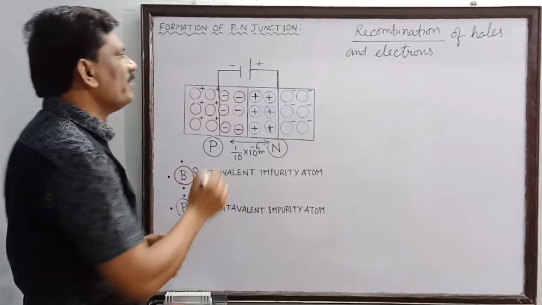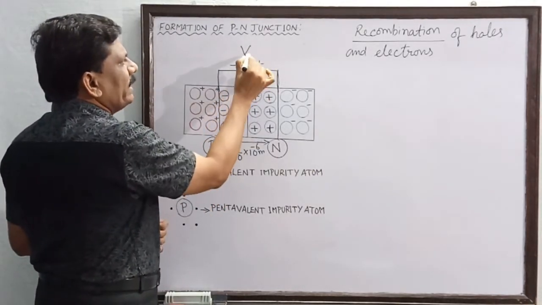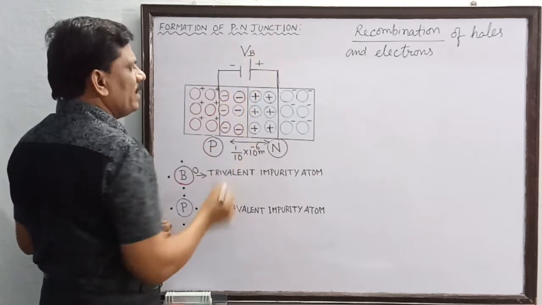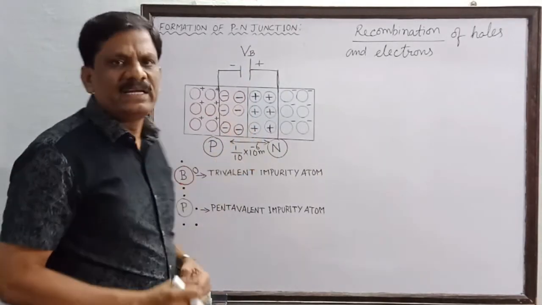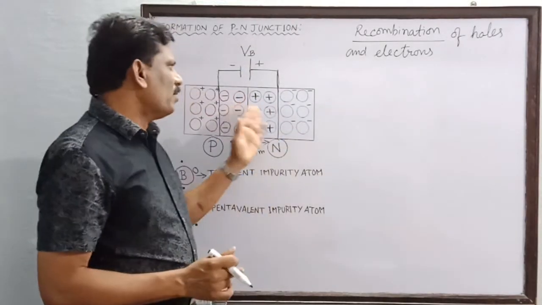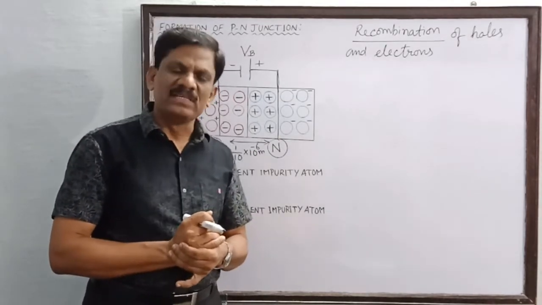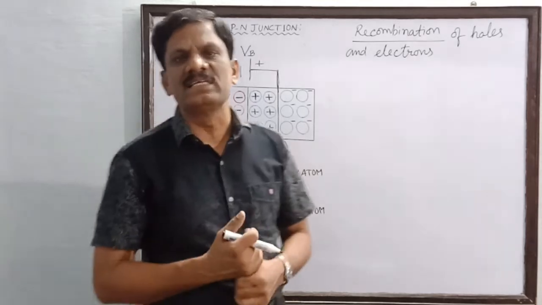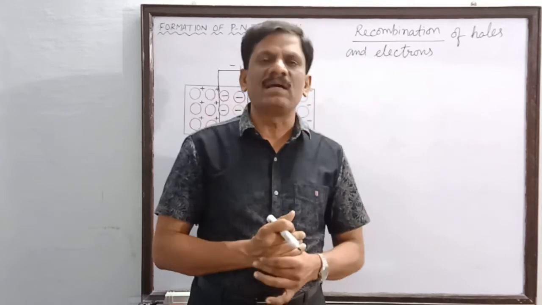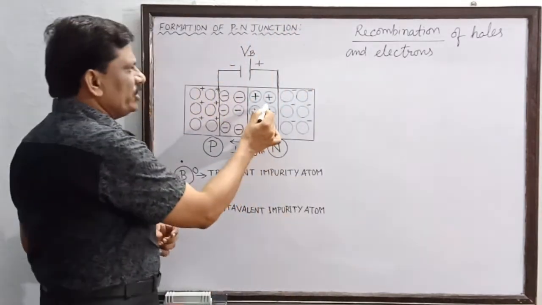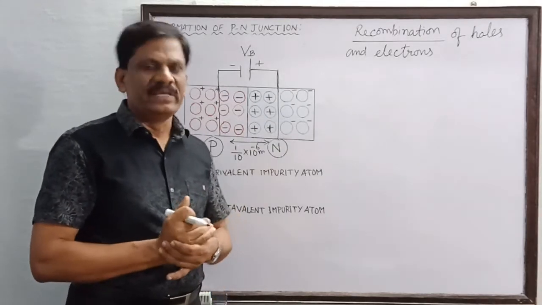So, my dear students, if you divide this potential difference, which is denoted by VB, by the distance between the two, or the width of the region where the immobile ions are formed, then that is called an electric field. Okay, students, potential difference divided by the distance only is called as what? The electric field. So, as a consequence of this potential inside this region, an electric field is created.